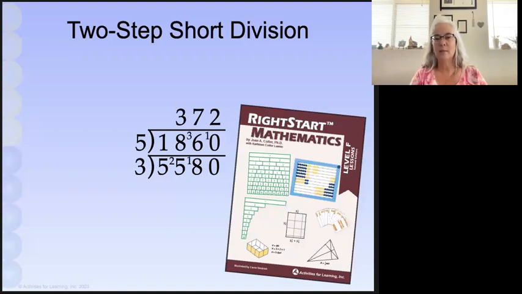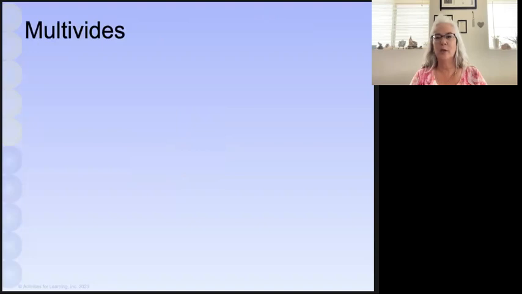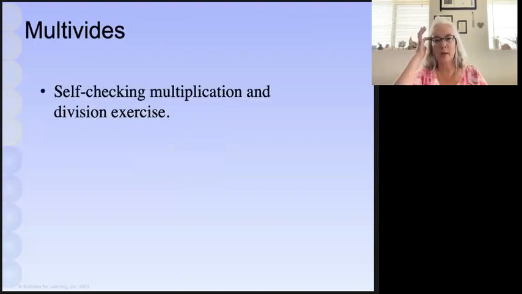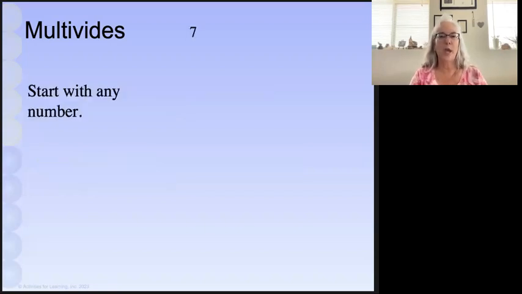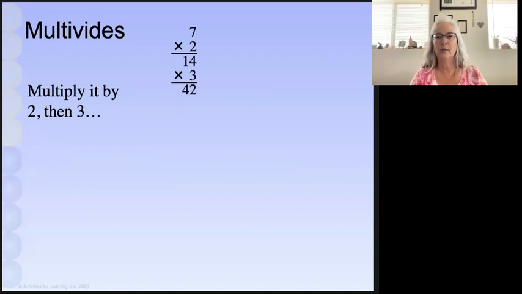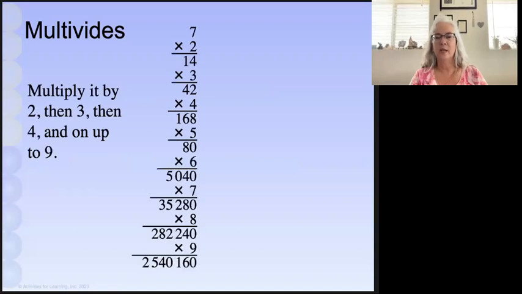Taking these two concepts of the multiplication and the short division, we can do multivides. Multivides is a self-checking multiplication and division exercise. And if any remainder happens, then that means we made a mistake somewhere. So what we do with it, we start with any number. I'm going to pick 7. We multiply it by 2. And then take that product, multiply that by 3, and then by 4, and 5, and 6, 7, 8, 9. So I've got an answer